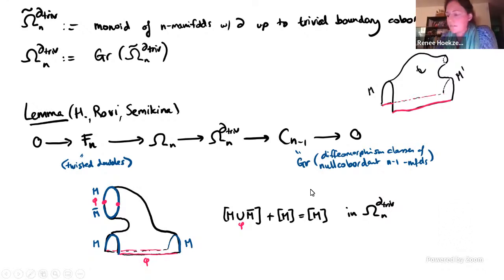I can't hear you, Doug. Yeah, go ahead. In that picture, shouldn't one of the M's at the bottom be M bar? No, that's about how you define what a cobordism between two things is. Normally you define a cobordism to have on one end an orientation preserving diffeomorphism to the boundary, and on the other end an orientation reversing diffeomorphism. So this endpoint is M bar, but then that means that it's a cobordism to M.